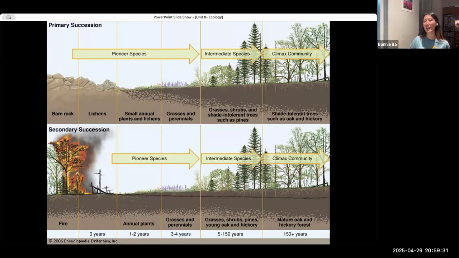So when I visited the volcanic eruption places, there hasn't been enough time. There are plants grown on there. I saw pine trees. I saw the lichen and the mosses, but it's not flourishing yet. There hasn't been enough time.